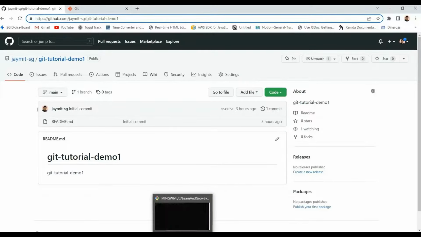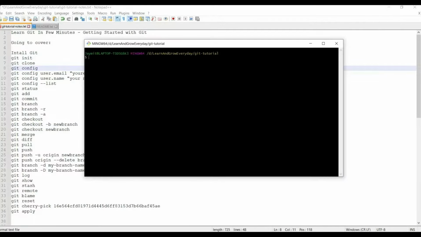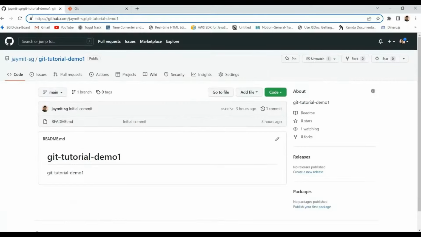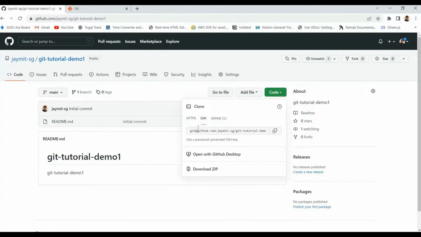Okay, so I am demonstrating the git clone command. Git init we already covered. So now I am cloning. I already have one repository set up on github.com. So this is my repository. Just for demonstration purposes, only one file is added over there. So what I am taking is this Git repository